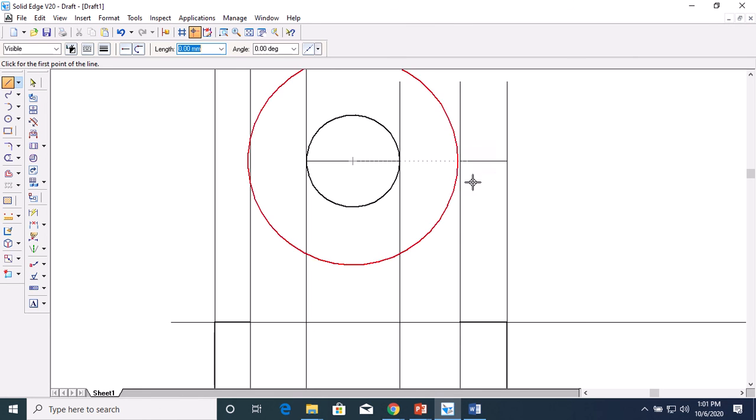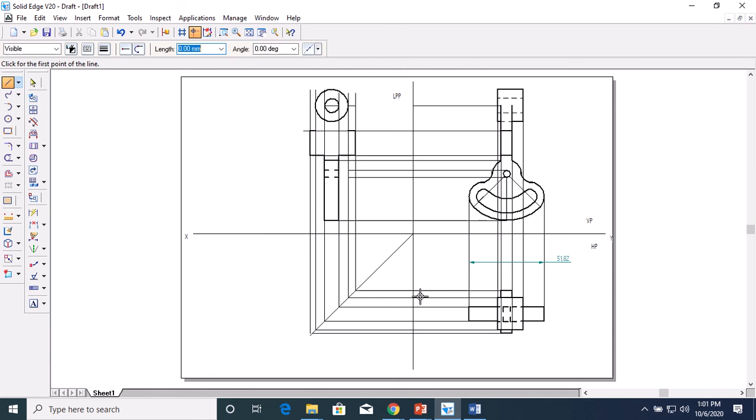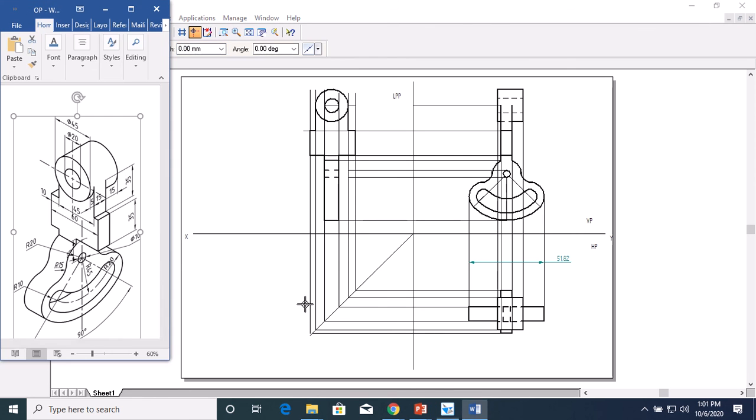So there is something wrong in between these two projection lines. Tangent to the arc, you join the line. So this will complete your problem. Is there anything left to draw in the top view? You draw this hidden line. Then this surface is visible. These two circles you draw.